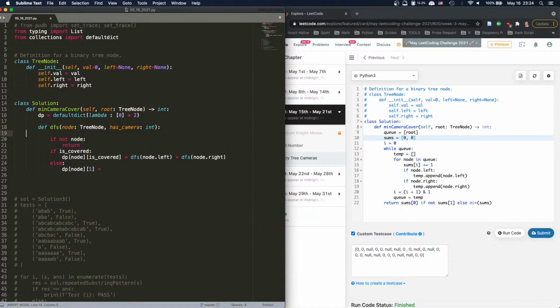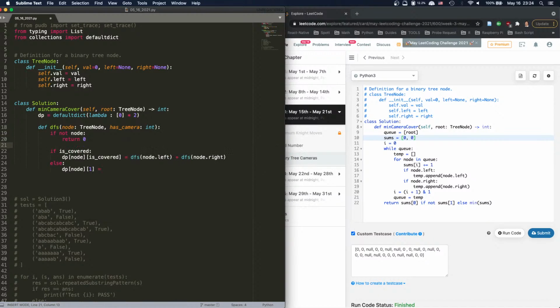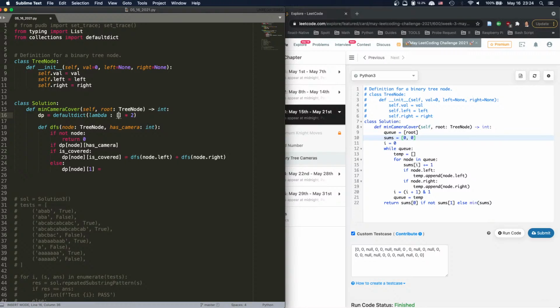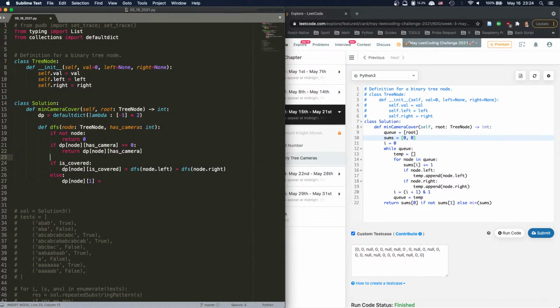And let's say if not node, we're going to return 0, right? And we say if dp node has camera, oh, that has to be -1. If dp has camera is larger or equal to 0, then we return dp node has camera. Else, that means we haven't done it yet, then